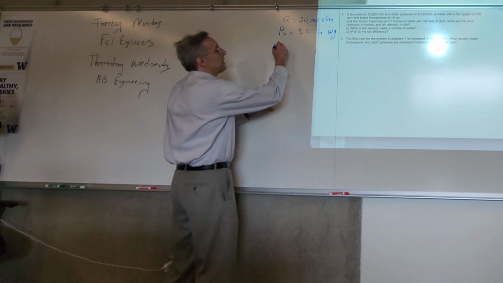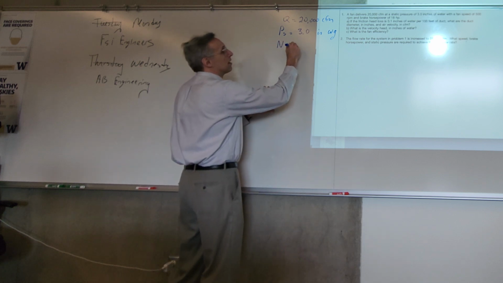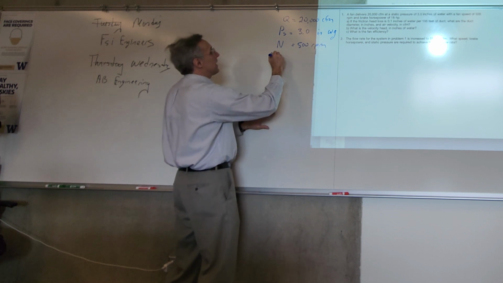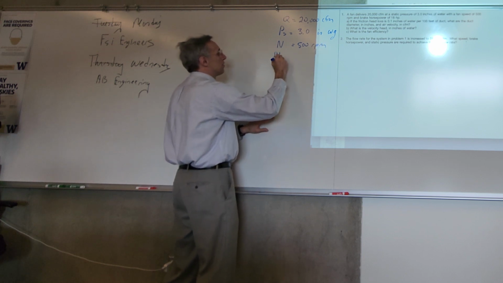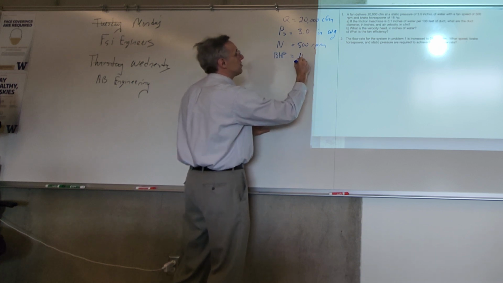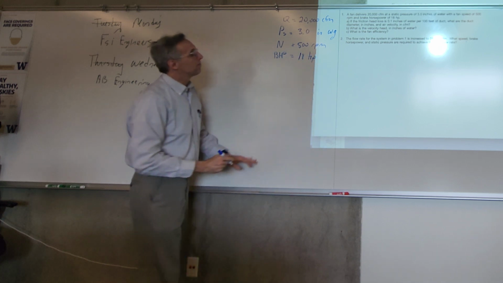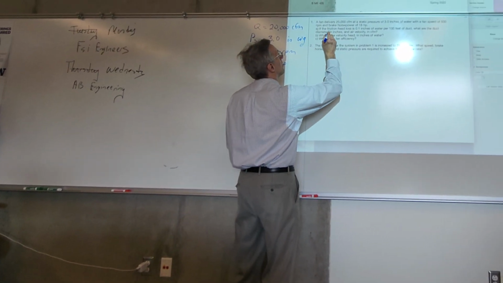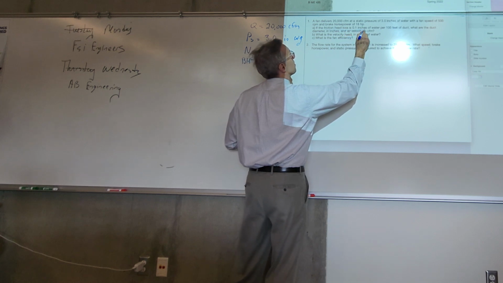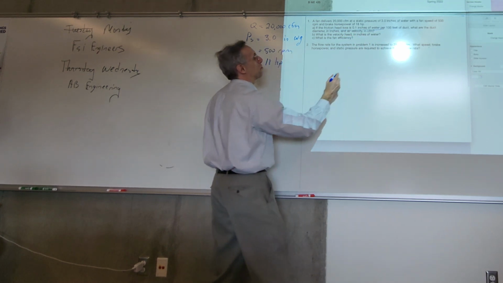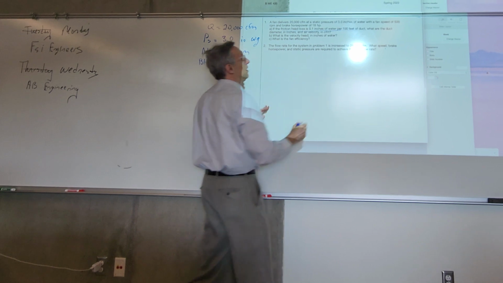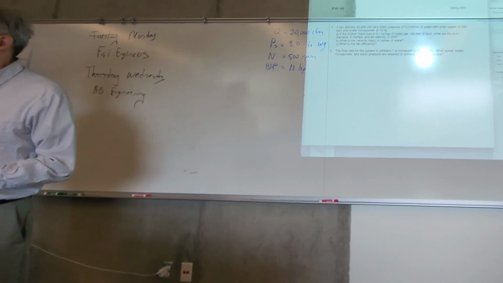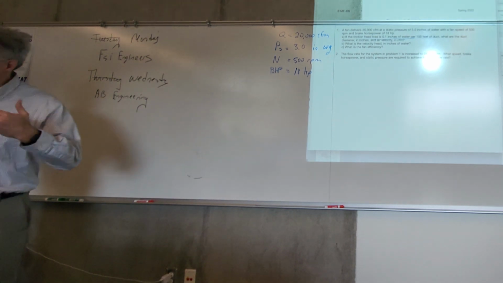Let's see, we've got a fan speed turning 500 RPM, and brake horsepower equals 18. And let's see, our friction. Our system is designed for 0.1 inches of water per 100 feet of duct. So this gives us the ability to use the ductilator to find out the size of the duct and get